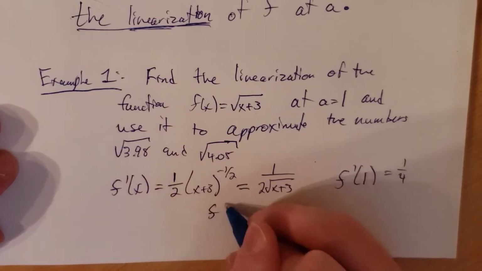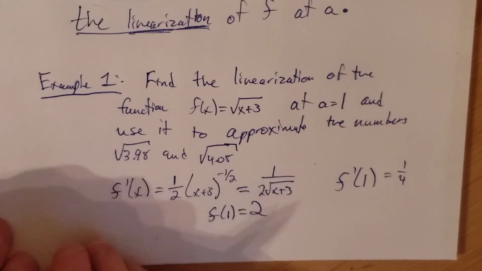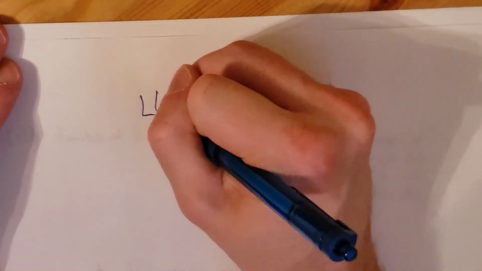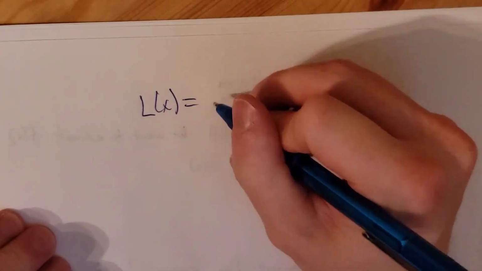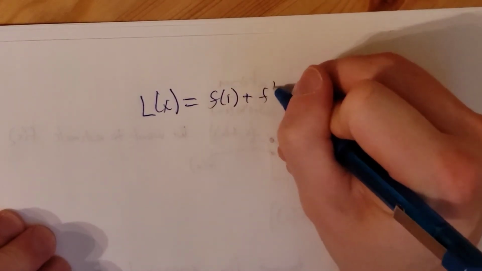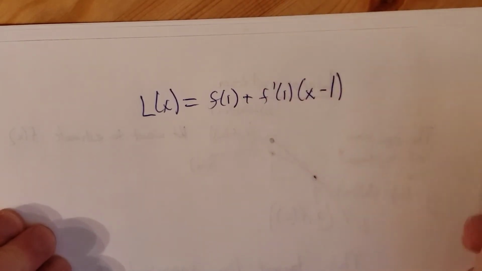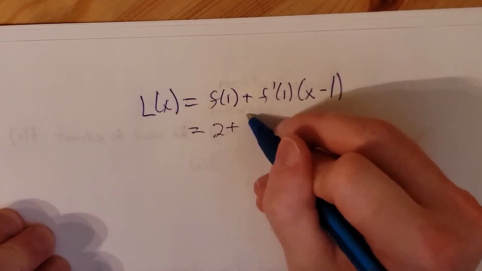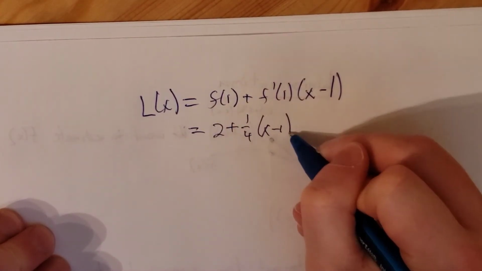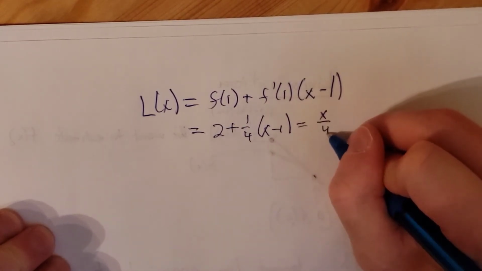And we also notice that f of 1 is 2. So, putting all of that together, we see that L of x, our linearization, is equal to f of 1, which was 2, we'll get to that in a minute, plus f prime of 1 times x minus a, so it's x minus 1. So all of that is equal to 2 plus 1/4 times x minus 1. And if we distribute and then combine, we end up with x over 4